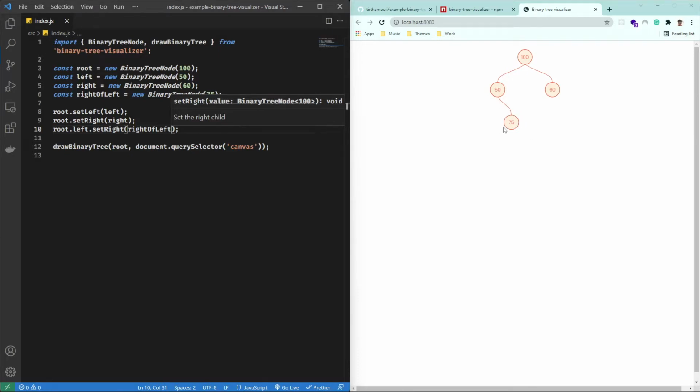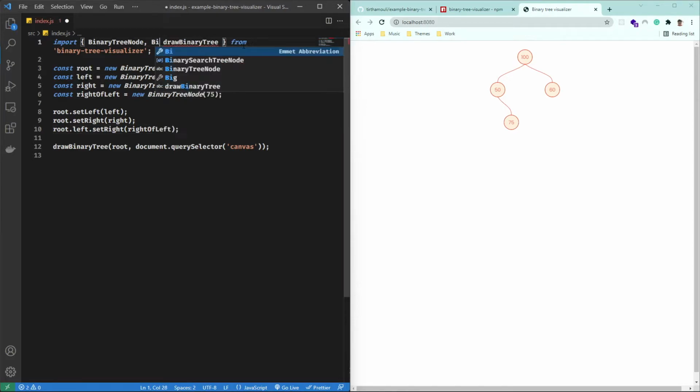Now obviously you're not going to keep on adding new nodes to your binary tree in this way. This way is too verbose and you might have some array or loop that you can use to create it. Also, out of the box, you get BinarySearchTreeNode, which as the name suggests is a node of a binary search tree. If you're not aware of what a binary search tree is, don't worry, I will explain it in the upcoming videos along with other types of trees. But still, just for a quick gist, a binary search tree is a binary tree where for every node, all the nodes on its left are going to be smaller than that node and all the nodes on the right are going to be greater than it.